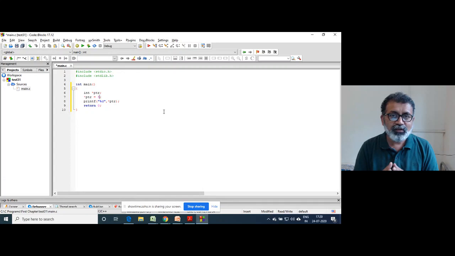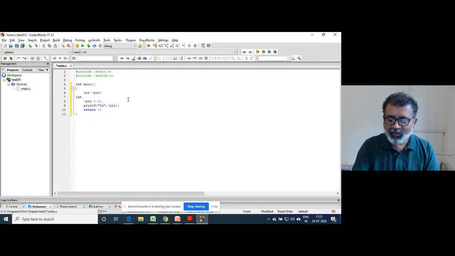But a pointer in which you have not stored any address, and you are trying to play along with that, that is dangerous. The right method here is to declare a variable and store the address of that.